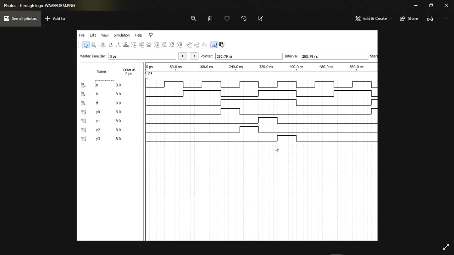So now we are moving towards the final output waveform of our logic statement implementation. You can see here, if I am applying 0, 0, 0 on A, B and D, then all of our 4 outputs are 0. If I am applying 1 on A and 0 on B and 1 on D, then our third output, which is y2, is 1. For the condition of our fourth output, we have to apply 1 on all the inputs.